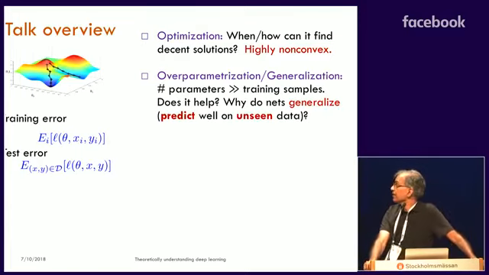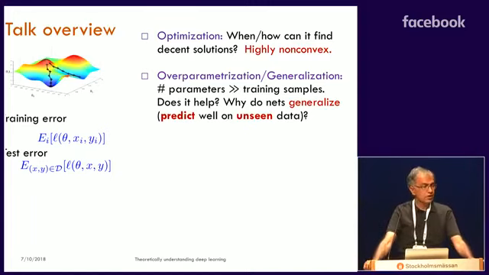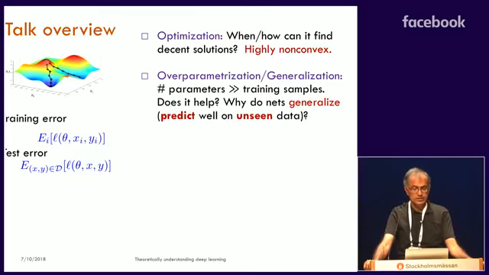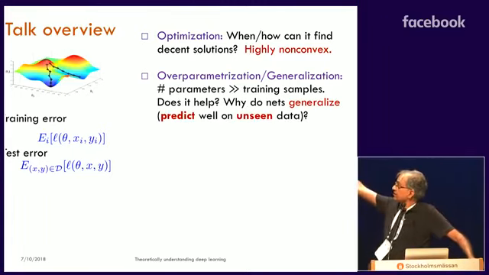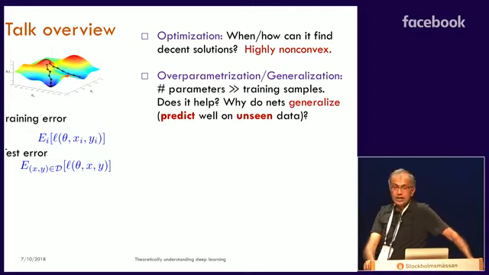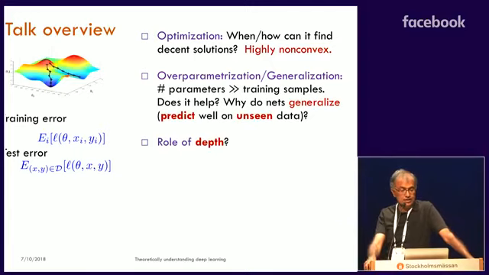The next part will be some consideration of overparameterization and generalization. So in neural nets today, very often the number of parameters, training parameters, is way more than the number of training samples. So does this help, and why? And secondly, why do these nets generalize? That is, predict well on unseen data. Because classic statistics tells us that these kinds of nets with so many parameters, more than the number of training samples, can overfit. And actually, it doesn't seem to happen. So that's an active area right now to understand that.